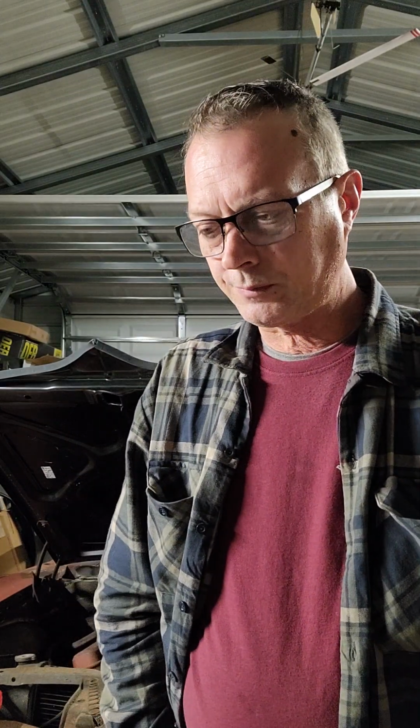What I'm going to do is a little short video today. I'm going to show you a couple of things on this Firebird that I just noticed. I just got home from work, and there are certain things on the car that you could possibly reuse, and I'm going to do another video. I saw a couple of pieces that I have, but the trim that's on the car is actually in pretty good shape. There's one piece that's dented up really bad, which